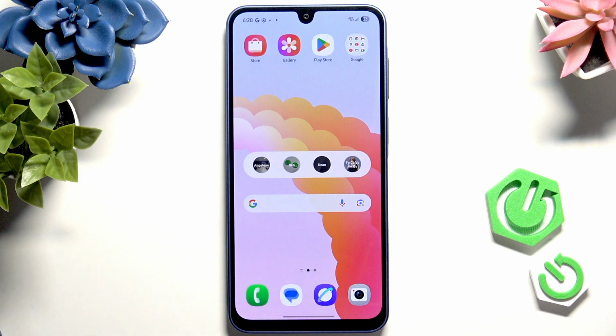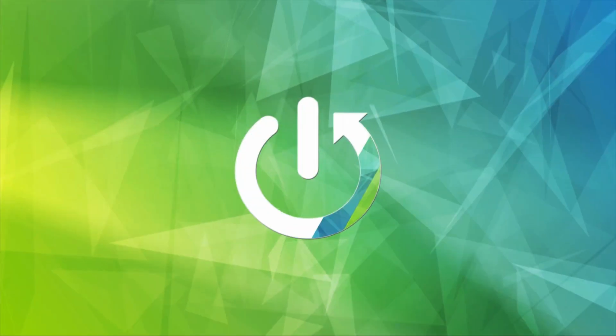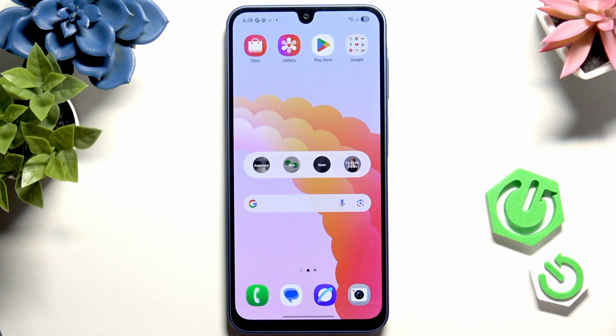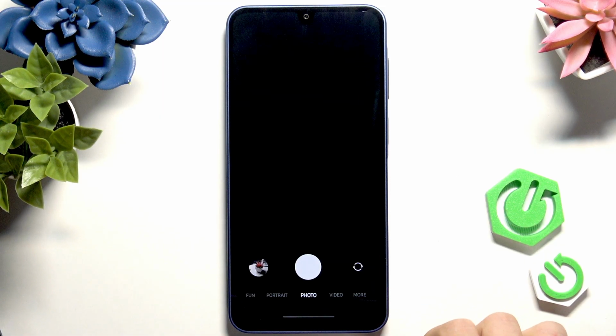Hello, in this video I'm gonna show you all the best camera features on your Samsung Galaxy A17. Okay, so let's begin with our first feature, which is gonna be, let's go to the camera, of course, macro